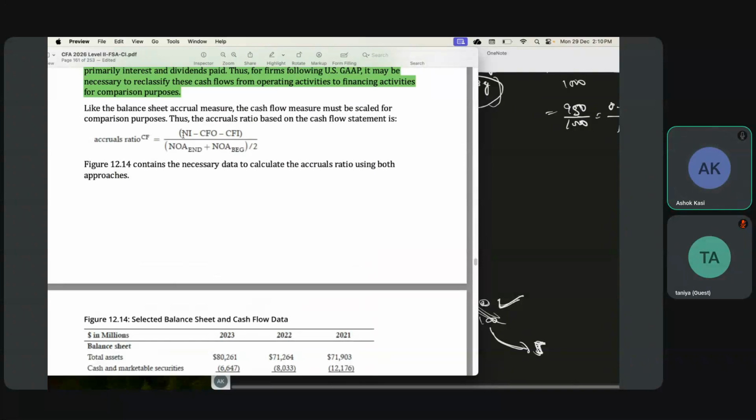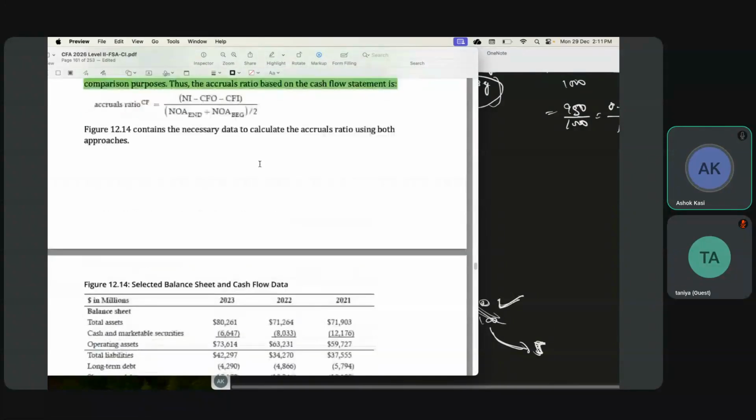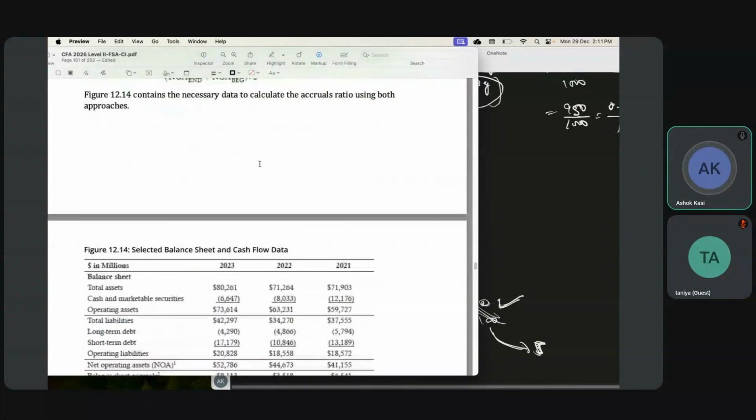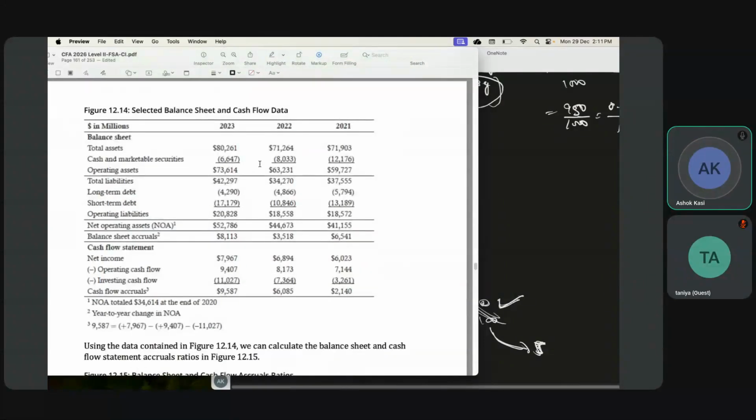Similarly, this is the accruals ratio. Like the balance sheet accrual measure, the cash flow measure must be scaled for comparison purposes. So lower is better when it comes to accrual. Then next is